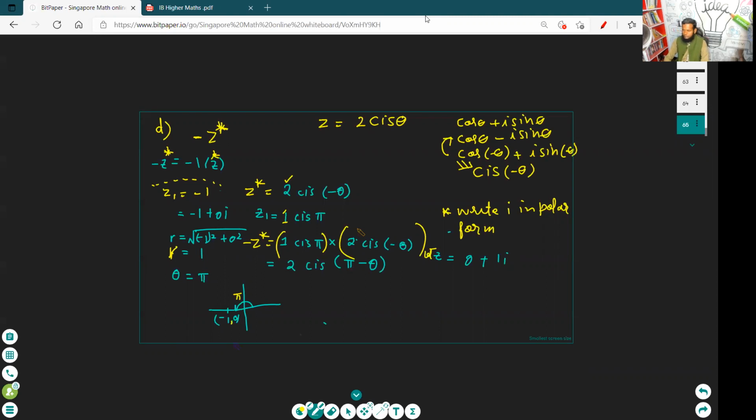Okay, B, I think you explained it to me yesterday, but I just can't seem to get iota z. No, no. You should find iota in polar form first. We are doing the A part, question number 4. Oh, this is not the final answer? You should change iota to polar form. It is in Cartesian form. You can change it to polar form.